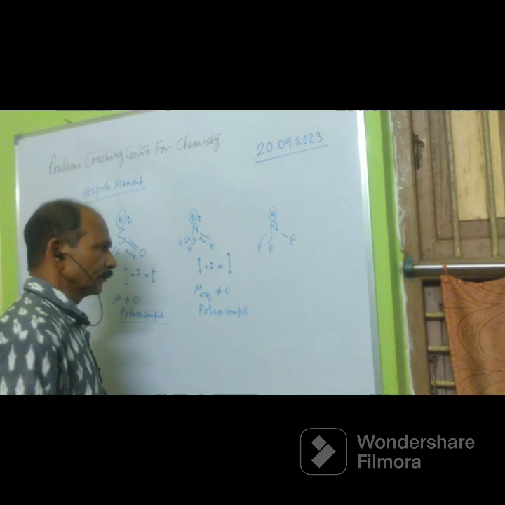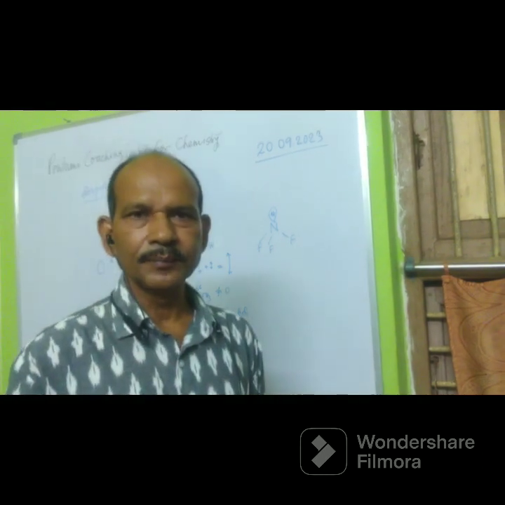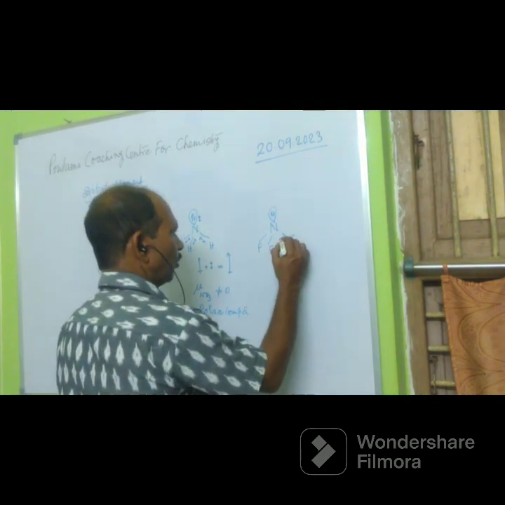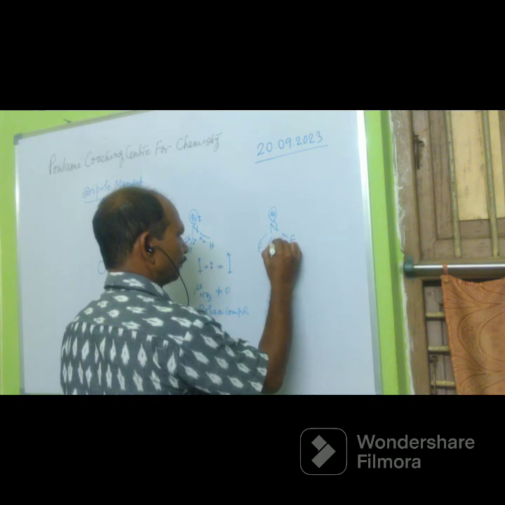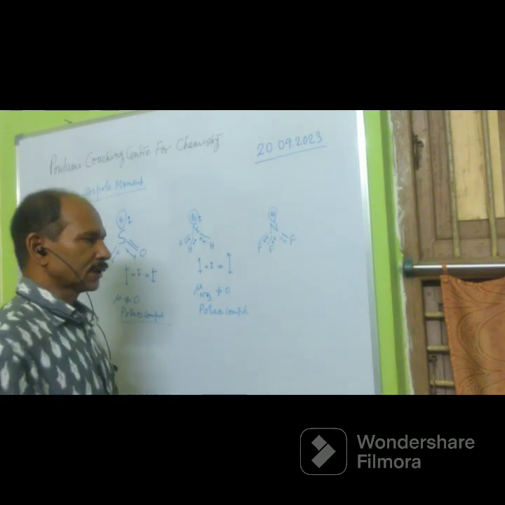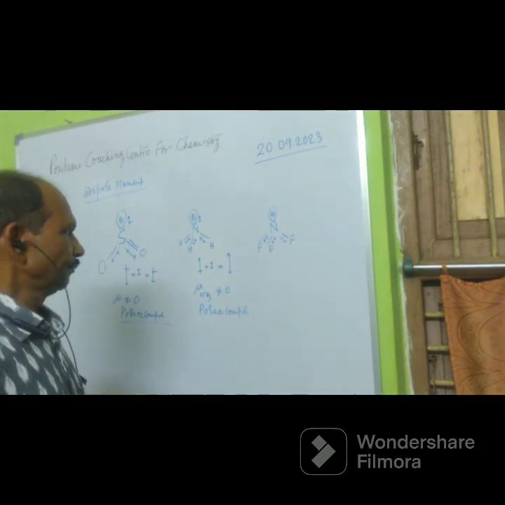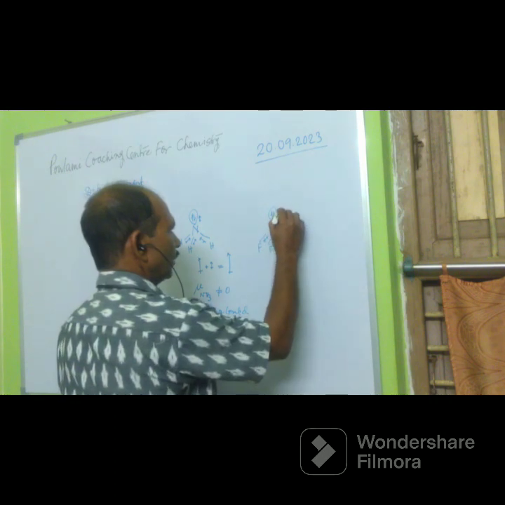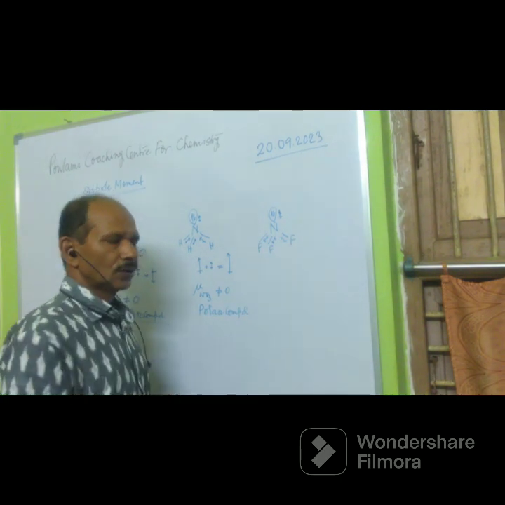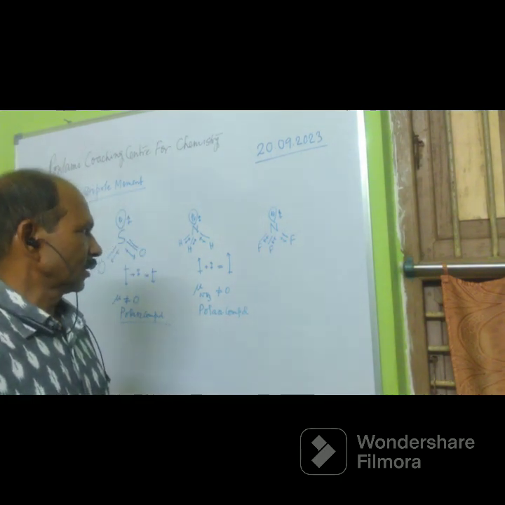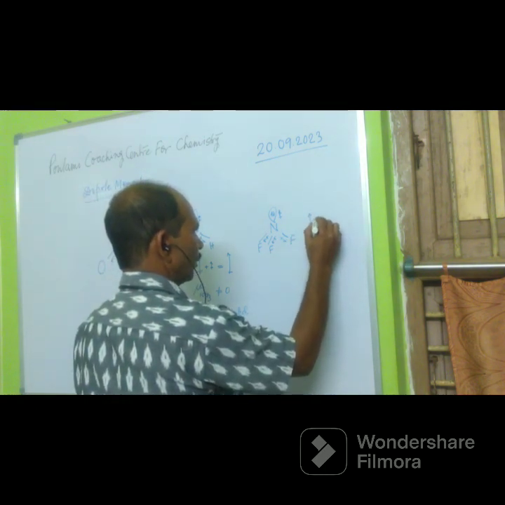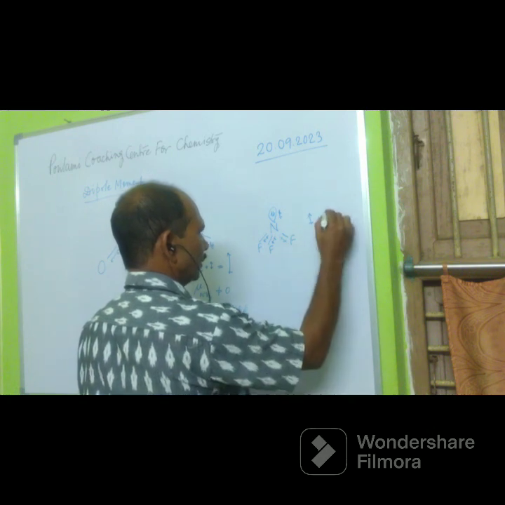Okay, you know, fluorine is more electronegative than nitrogen. So, in this case, the bond moment is acting towards this, opposite to the case of NH3. Okay, but the moment due to the lone electron pair acts in the upward direction. That's why it will be for the lone electron pair, and it is for